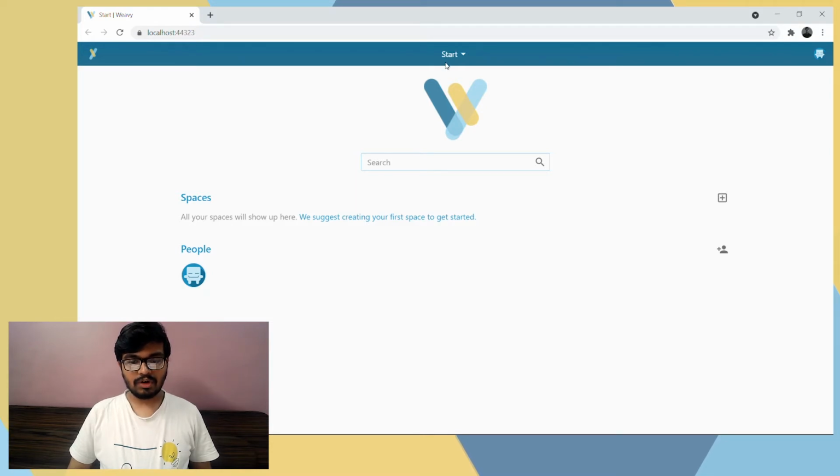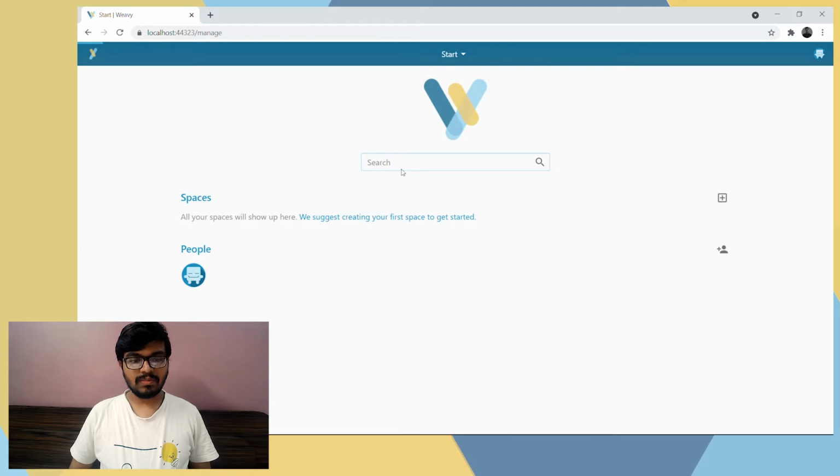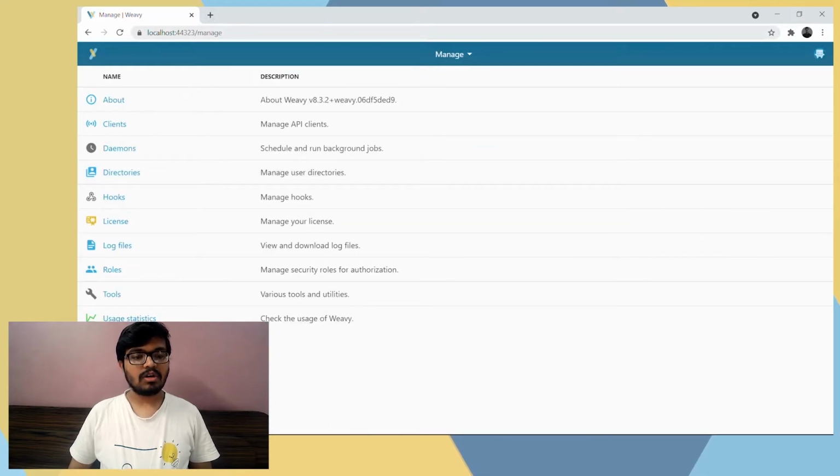you can click on this start, and over here you can go to the manage, or you can directly call this URL and land over here. You can see this is the place where you can manage your Weavy backend and your entire Weavy service. Over here, if you look at the daemons, which actually schedule and run background jobs,